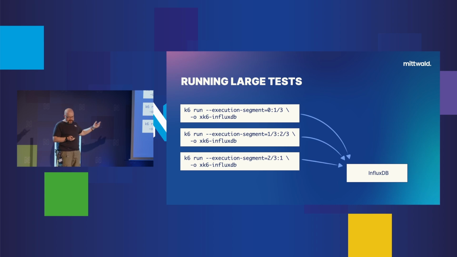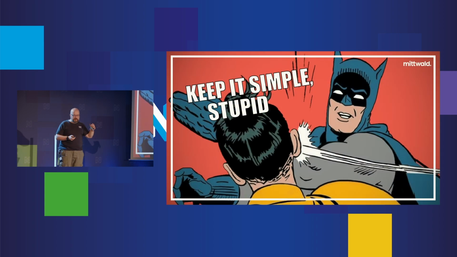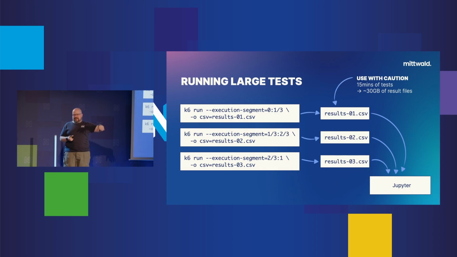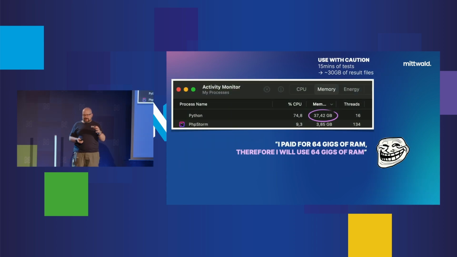We started using InfluxDB for that, but then we noticed that this was way over the top for what we needed, because we could also just dump all the metrics we had into a CSV file and then just pipe that into Jupyter, which actually worked out way better. Only thing that you need to be mindful of is that you're getting very detailed metrics on your load test. So in 50 minutes, we got around 30 gigs of CSV files, which may be a strain on whatever machine you're running your Jupyter notebook on, but, well, I paid for 64 gigs of RAM. I'm going to use 64 gigs of RAM.